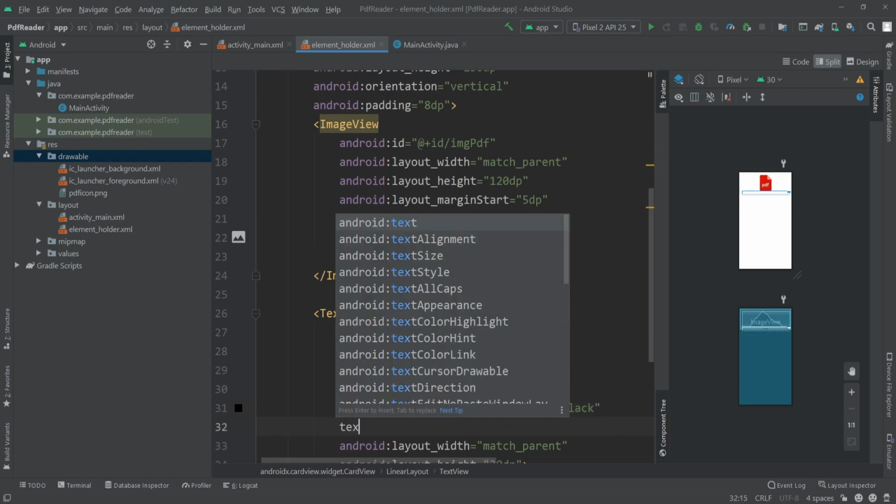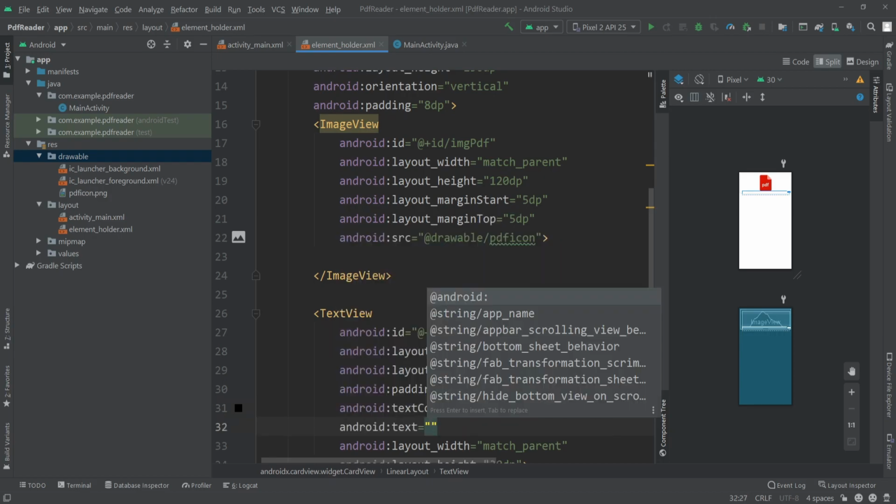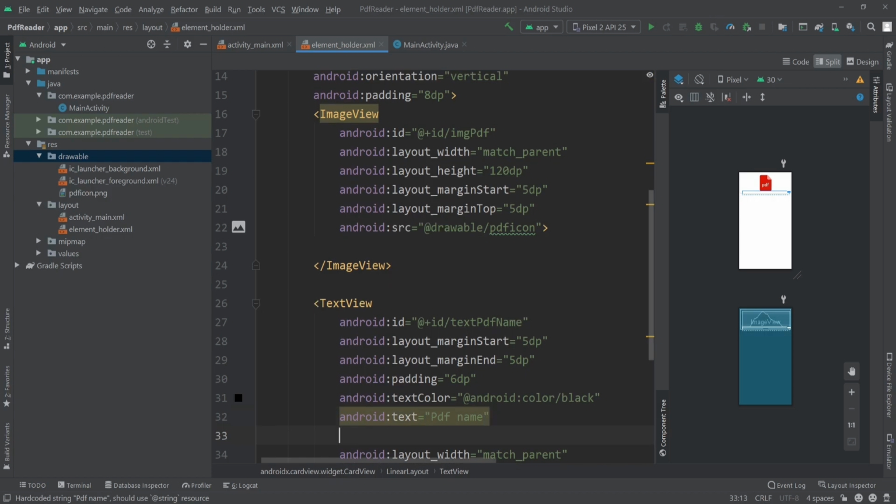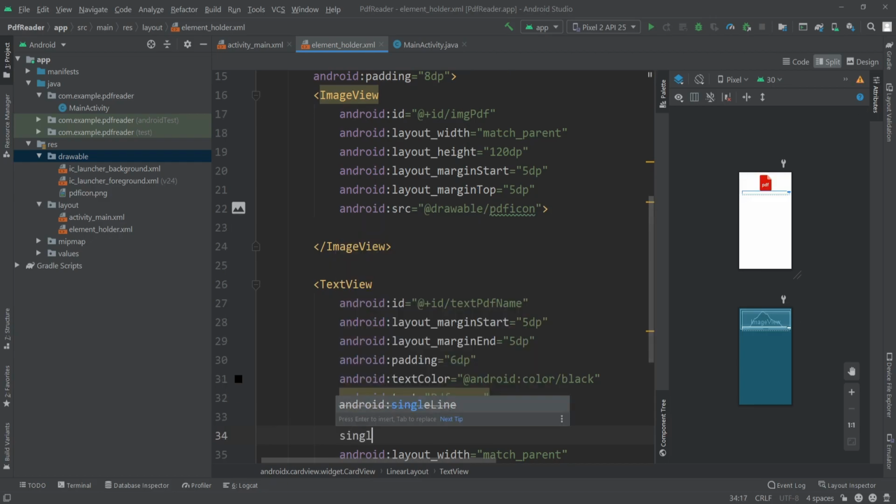Let's also try to write a text here like the PDF name. I'll set the text size to 15 sp. I'll make it single line, true,